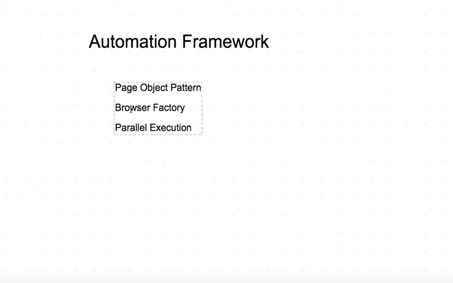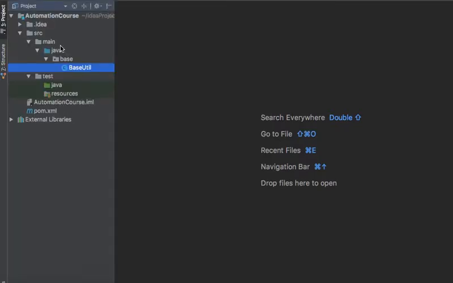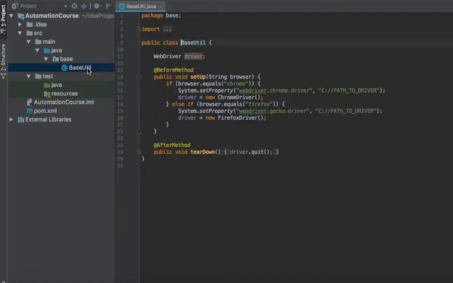Alright, so when I say browser factory, let me just explain real quick what I mean by that. So let's look at this very simple IntelliJ project where I just have a class called base util. This is a very basic example, and it simply has a driver, and then it has a before method and an after method. The logic is very simple, but I'm just trying to get a point across. So if we look in the before method,